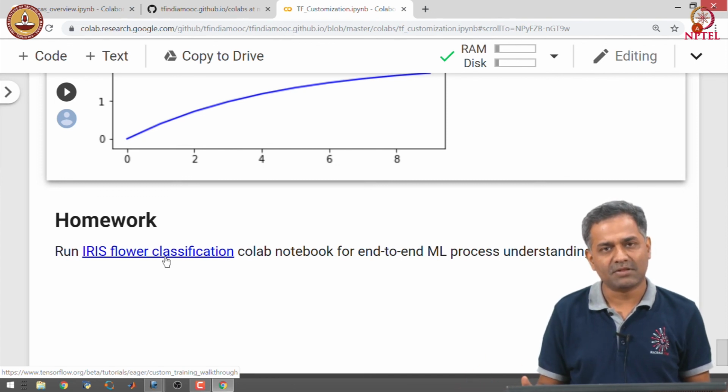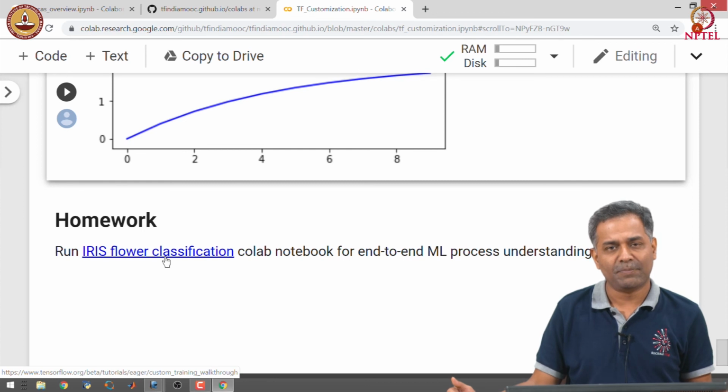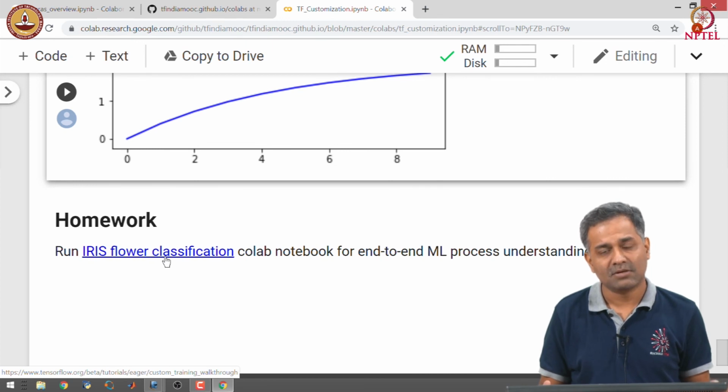We started with how to force operations on accelerated devices, how to write custom layers, how to perform automatic differentiation using gradient tapes, and we used the concepts learnt in automatic differentiation to define our own custom training.